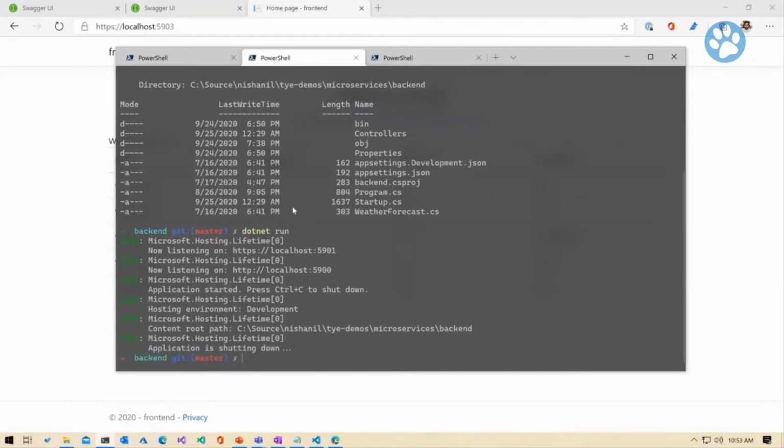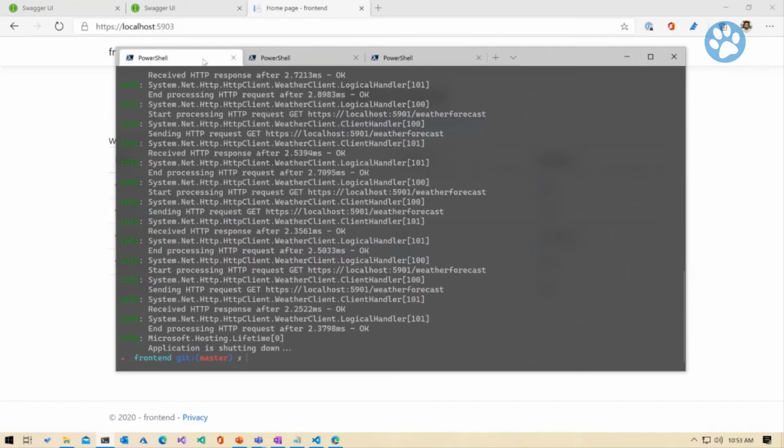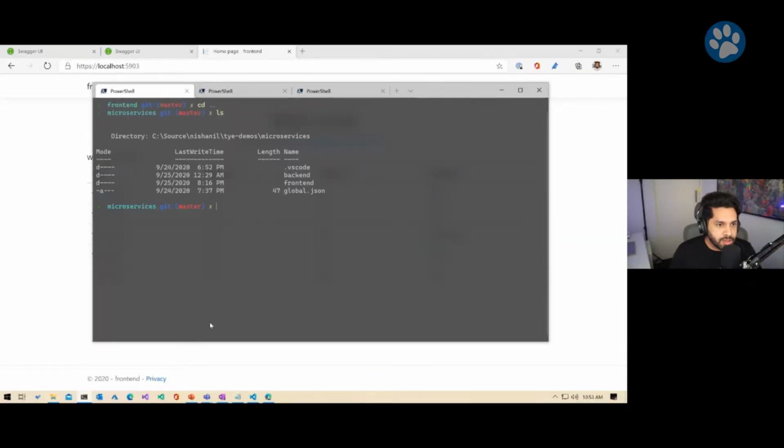Well, it's okay for just two services, but what if you had 50 of them? Microservices are all about multiple services. It would be really hard to make everything run together. So what we did is we created Tye for you. To make sure Tye works, I need to do a tye init, and it gives me a YAML